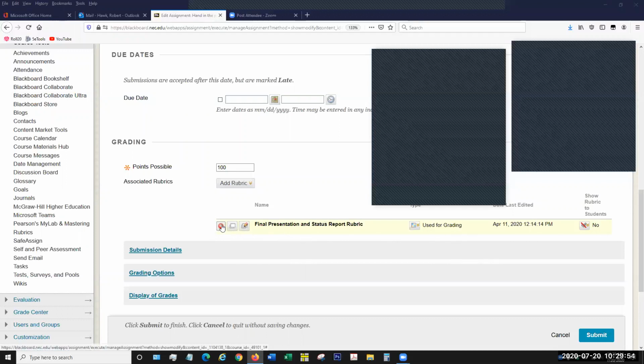We'll start with this red button that has an X in it. If you decide this is not the rubric you want to use, you can click this button and it'll remove it from the assignment. Likewise, if you need to view it again, you can click the little view window next to it. And then lastly, there is an edit button that will give you another option for going in and